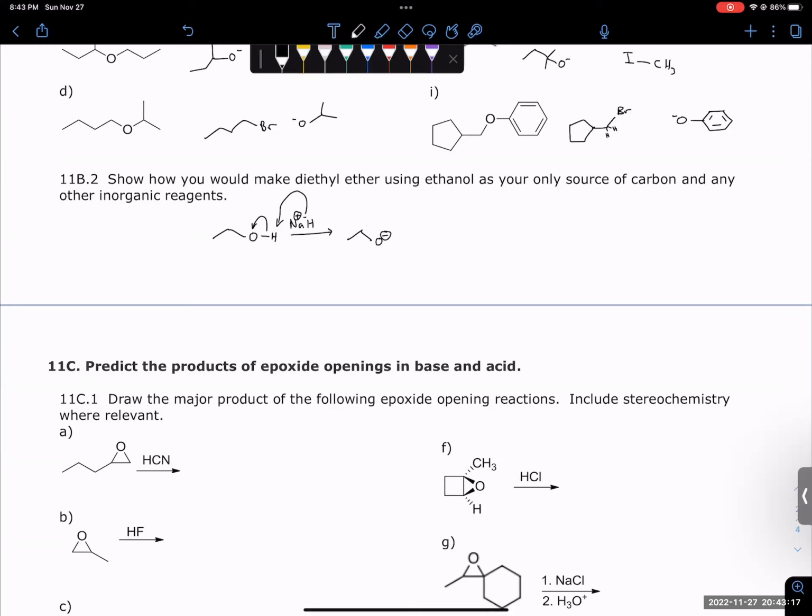And now we need to form an alkyl halide that looks like this. But our starting material is ethanol. So what reagent would we want to use? Let's brainstorm. Okay, so we know alcohols undergo several reactions, right? If we want to do a substitution, to make a good leaving group, we can use an HX, so over here on the left, HX such as